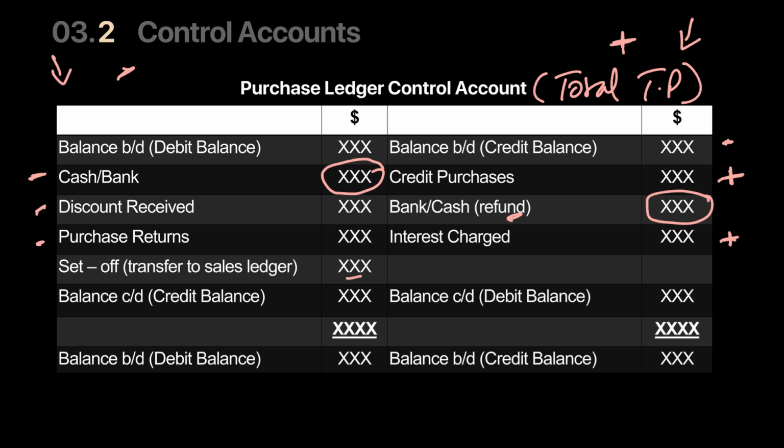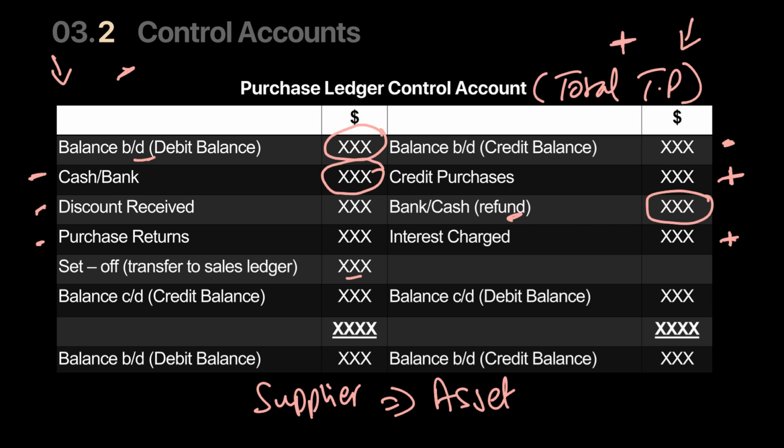Okay, before we discuss the contra part, this time you could have a minority balance for the purchase ledger control account on the debit side. Now, what would that mean? It means that your supplier has a debit balance, it means it's an asset. So, over here, you have paid in advance, or maybe the firm has returned goods for which the supplier now owes the firm. So, now the supplier becomes an asset as well. While the majority of suppliers would be a liability, some suppliers could also be an asset where they are supposed to pay towards the firm. Alright, so you can have a minority balance on the purchase ledger control account as well.